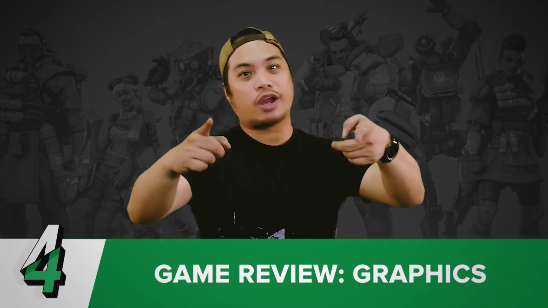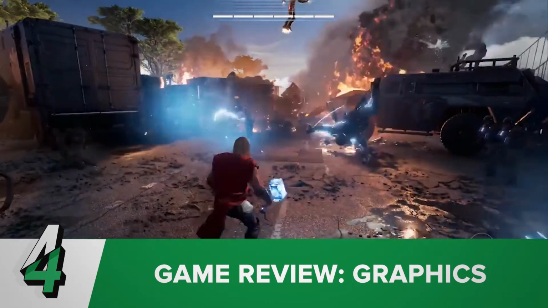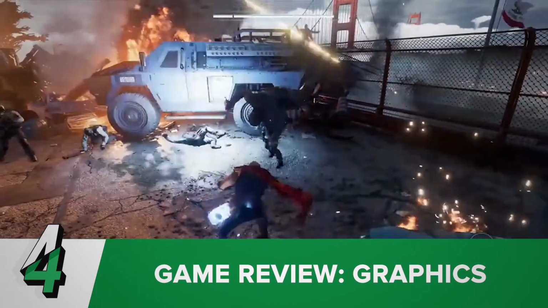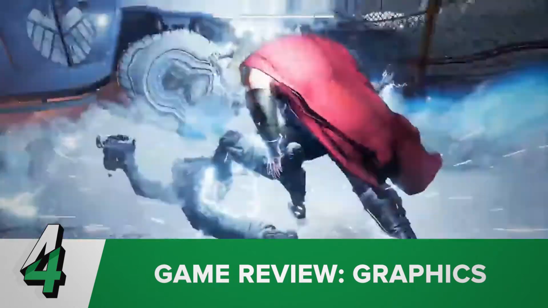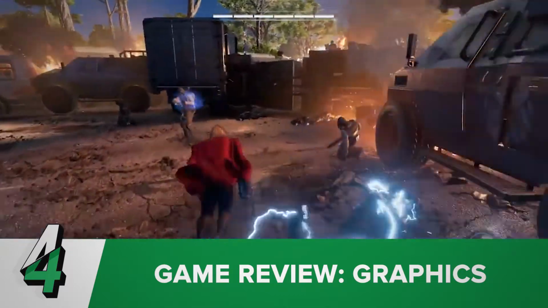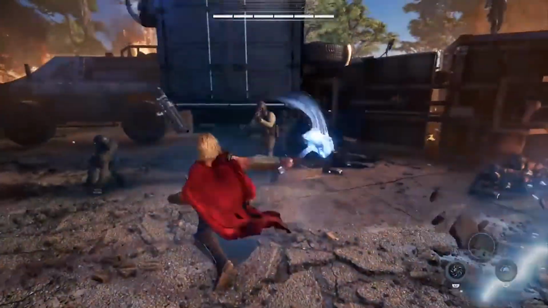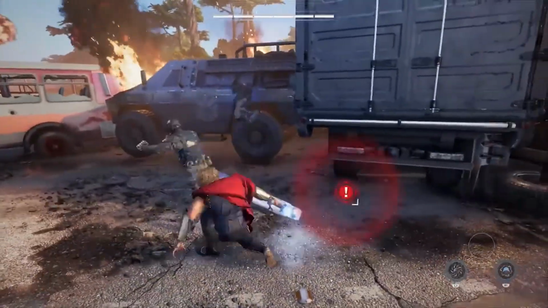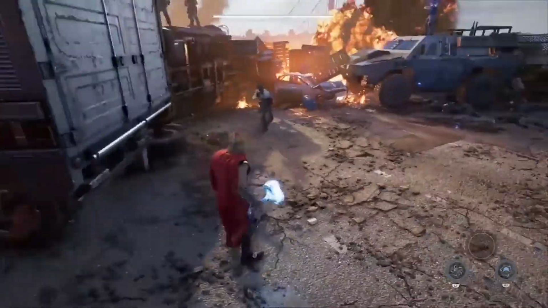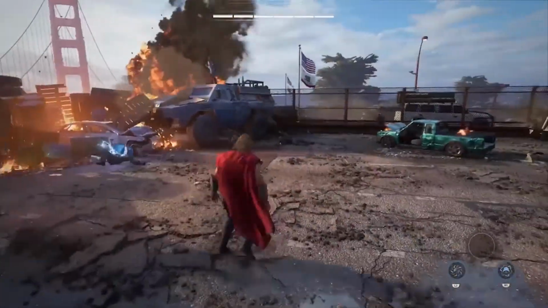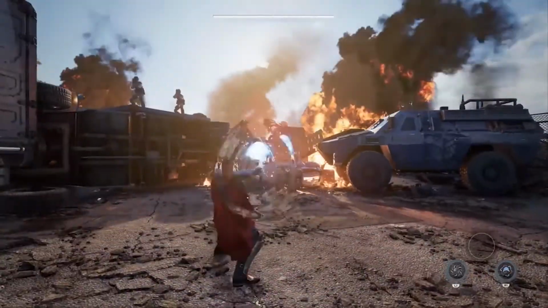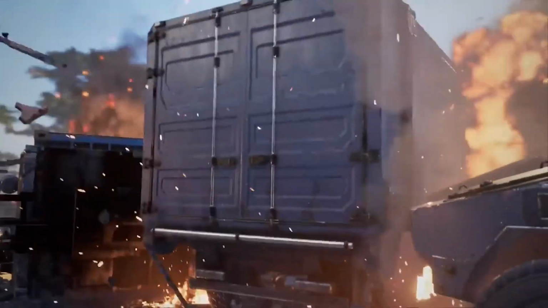Number 4 is the graphics. Another element in the review video that is the first to be seen is the graphics. Graphics are the first line of attraction that people will see. Right from the bat, you can critique the graphics, review if the models are finely laid out, are the visuals lagging, is the frame rate optimal, or are the character models not looking that good. Let people know that in your review video.